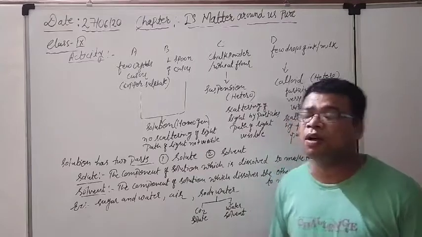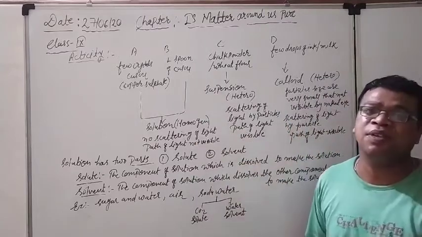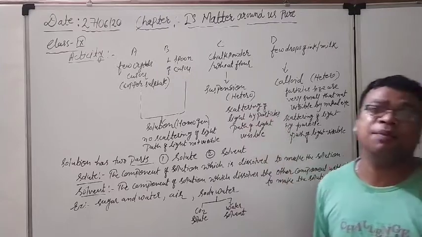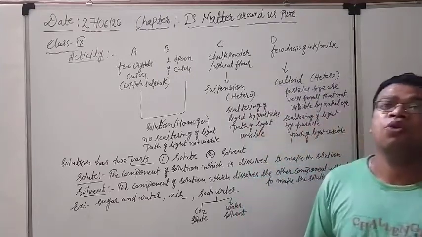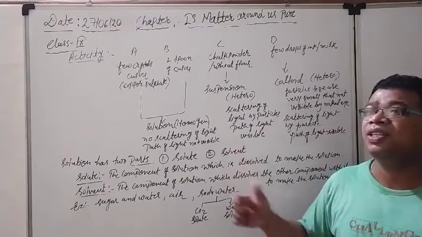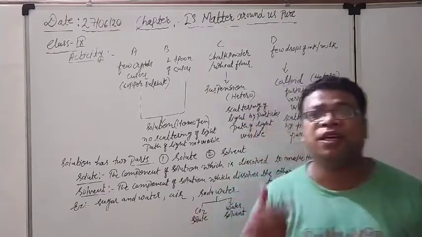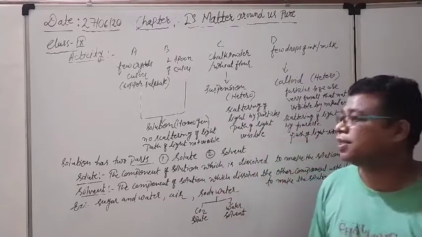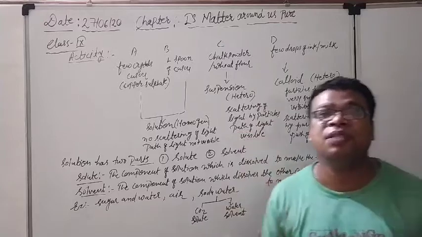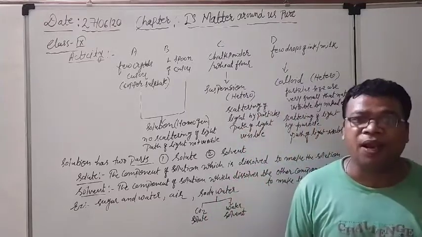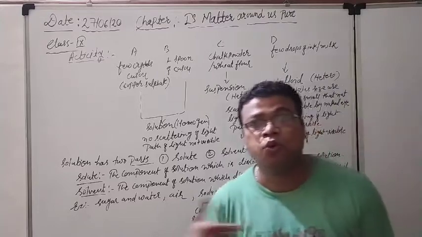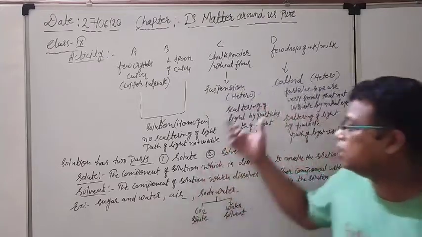What are the properties opposite to solution properties? We will see here. One is scattering of the light by the particles, because the particles are bigger in size. If we throw a beam of light with the help of a torch, the particles just scatter the light. Scattered means "faila diya ja raha hai", and that's why the path of light shown by the torch will be visible through the solution. So these are the things.